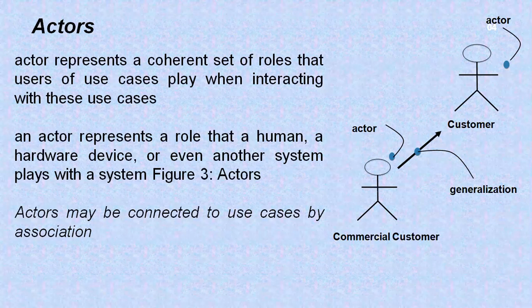In any existing system, actors need not exist as a separate entity. One object may play the part of multiple actors. In the example we have discussed, one person may be both a loan officer and a customer. Coming to this particular figure, actors are rendered as stick figures. We can define general kinds of actors such as customers and specialize them, such as a commercial customer, using a generalization relationship.